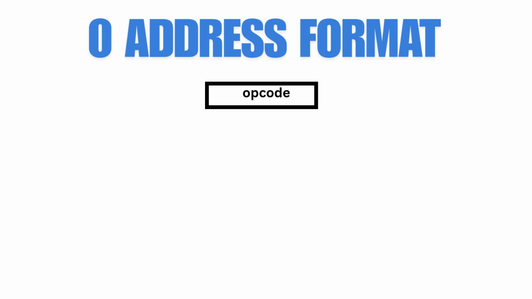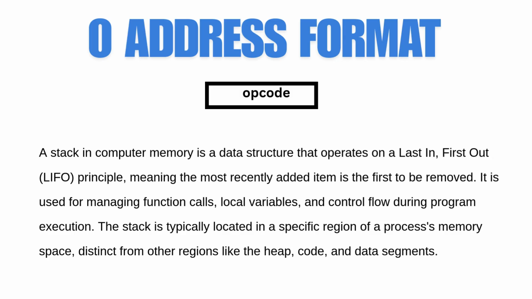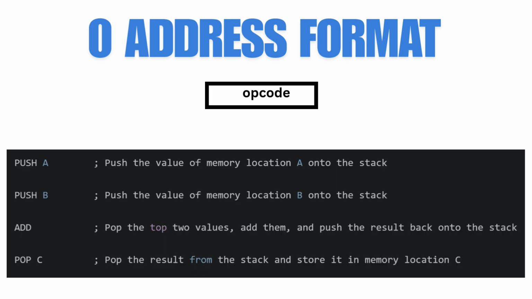In a 0-address format, instructions do not explicitly reference any memory or register addresses. Instead, this format relies on an implicit data structure, usually a stack for operand storage and manipulation. All operations are performed using values stored on the stack, where the top of the stack holds the operands, and the result is also pushed back onto the stack. In this example,